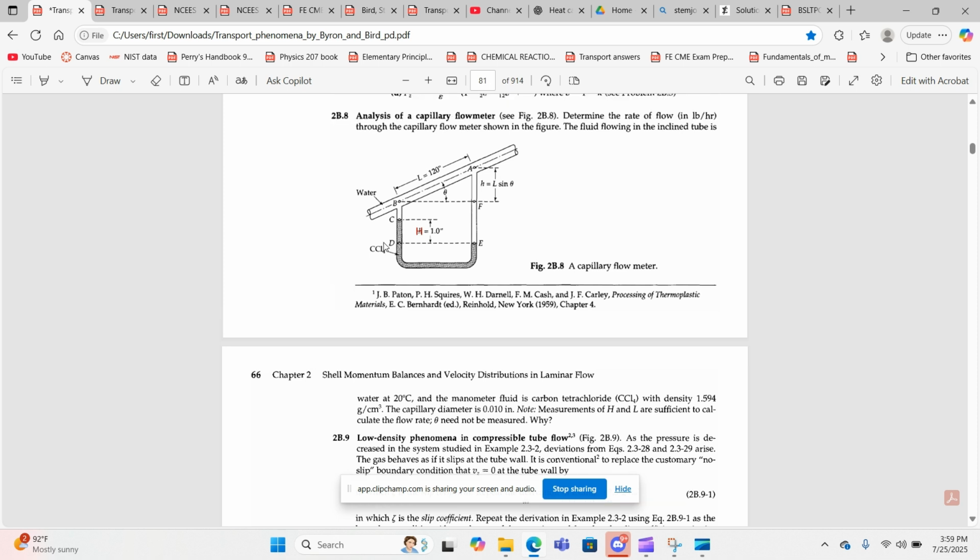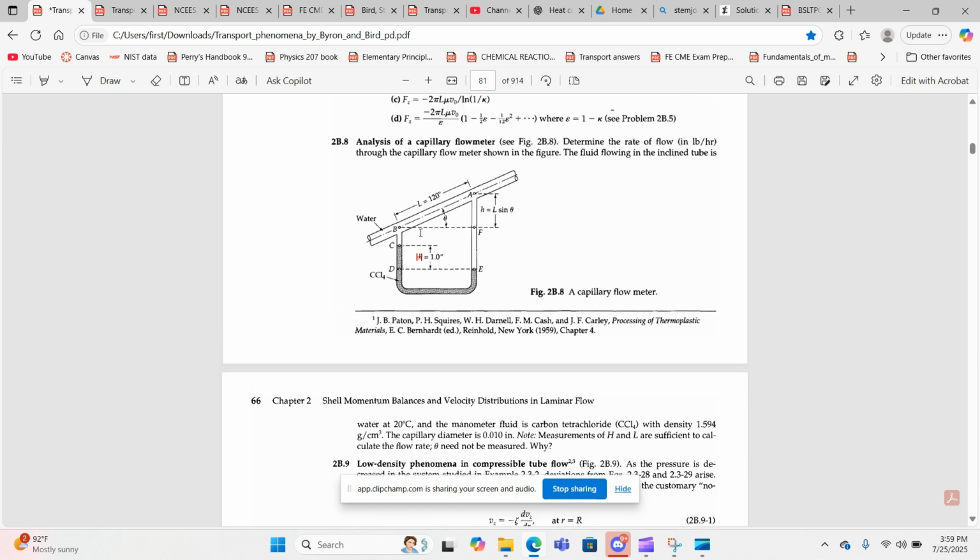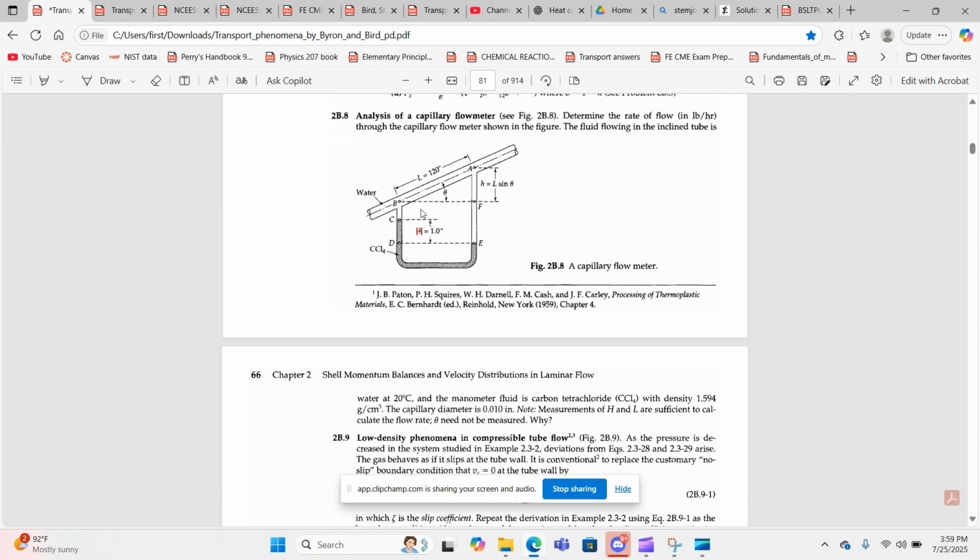Notice measurements H and L are sufficient to calculate the flow rate. Theta need not be measured. Why is that? Okay, so H is big H right here. And the reason that theta need not be measured is because you can solve for L, or you can solve for this little h,